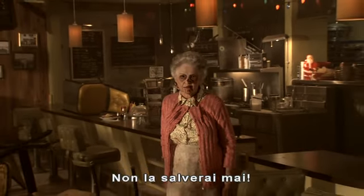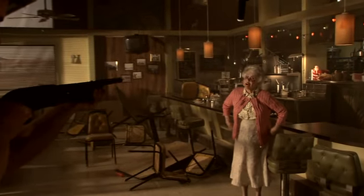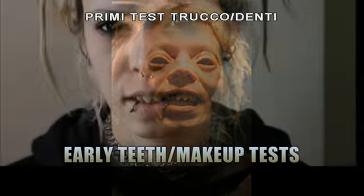You'll never save her! You'll never save her! You'll never save her! We had gone through all of these different versions of sharp teeth and small teeth and